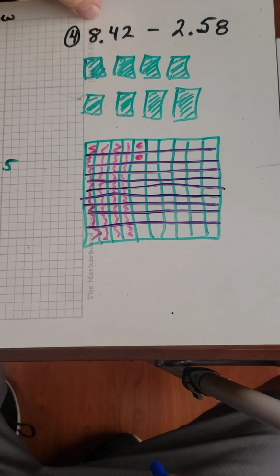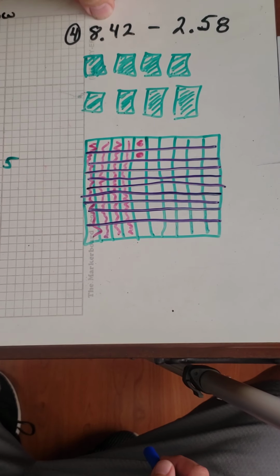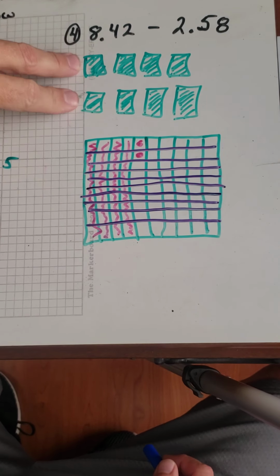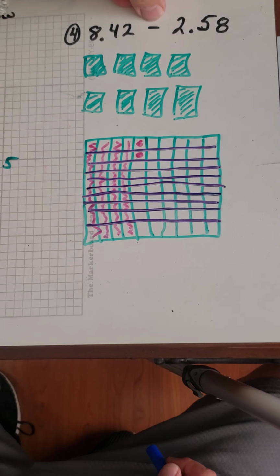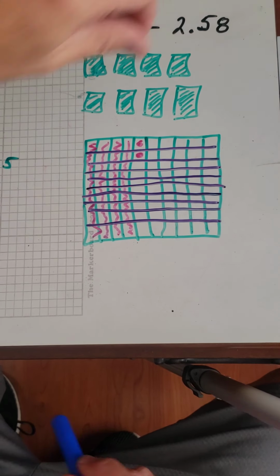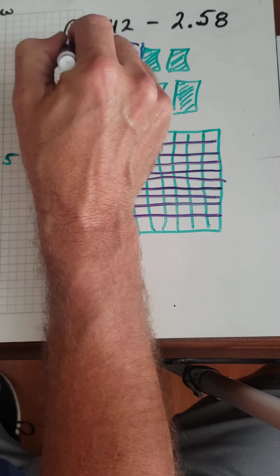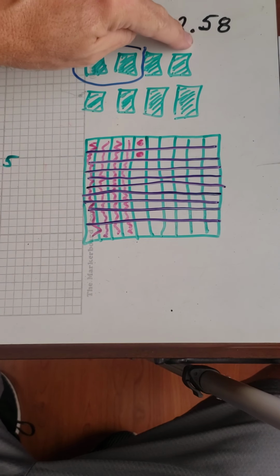All right. And now I can do what the problem says. So the problem says start with 8.42, and that's what I have. Here's my 8, and this down here is my 0.42. And then this says to take away 2. So if this says take away 2, that means take away 2 whole ones. So I'm going to take away these 2 right here, just like we've been taking them away for a couple of weeks now. Took those away. And then it says also take away